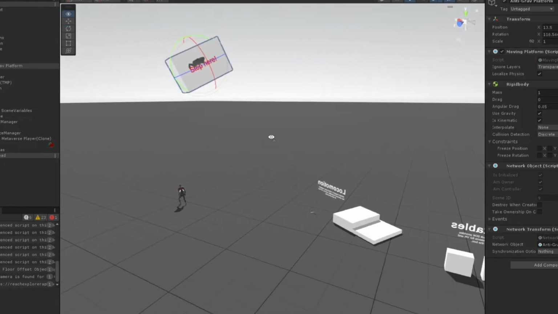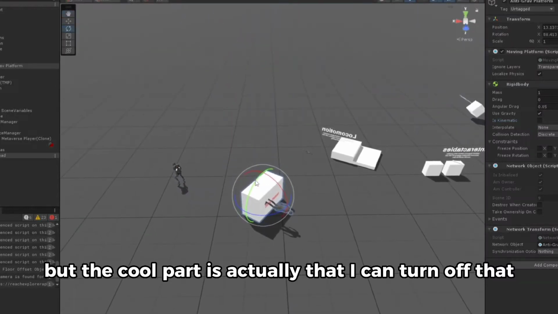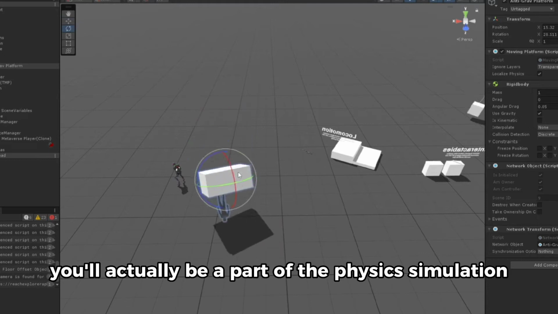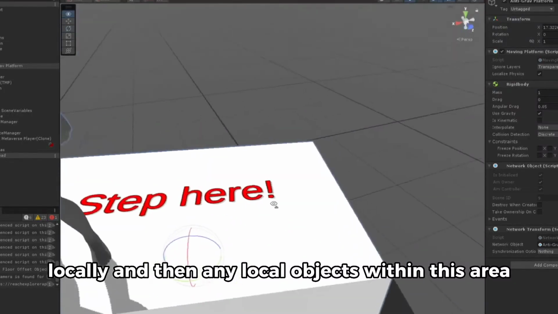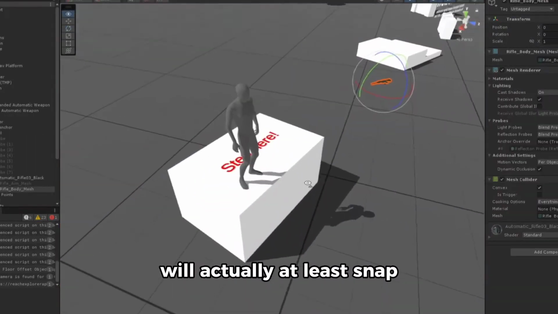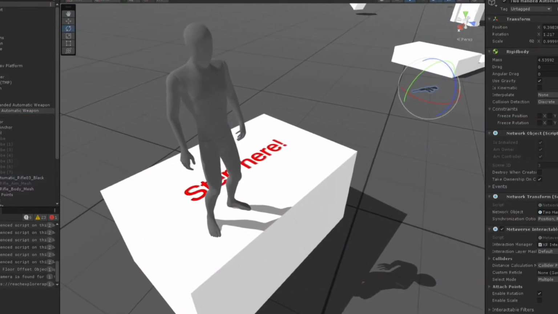But the cool part is that I can turn that off and then it actually has relativized physics. So he'll actually be a part of the physics simulation locally. And any local objects within this area will snap as if they're part of the physics simulation. That's insane. Let's see, if I move this here,